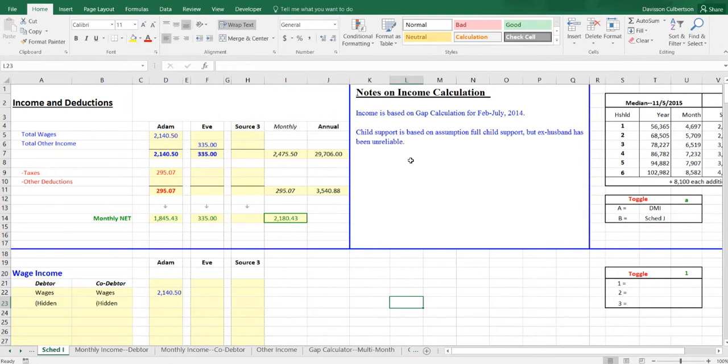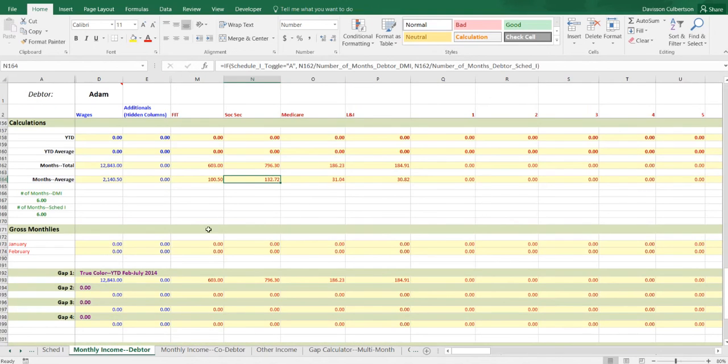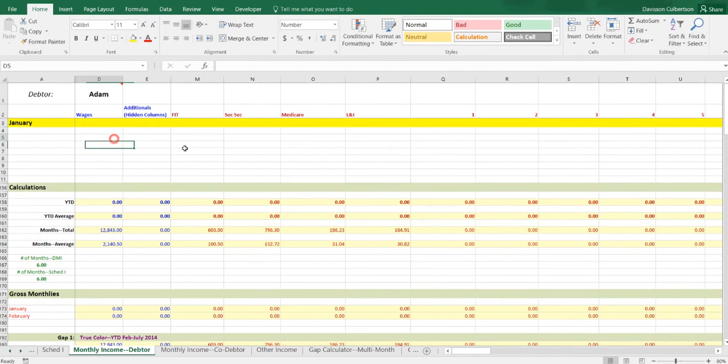On the next video, we'll look at how you do a calculation when it's less straightforward, when you have to enter in, say, deposits in a bank statement, or when you have an irregular set of pay stubs, or have to otherwise use these tables where you enter in row by row every